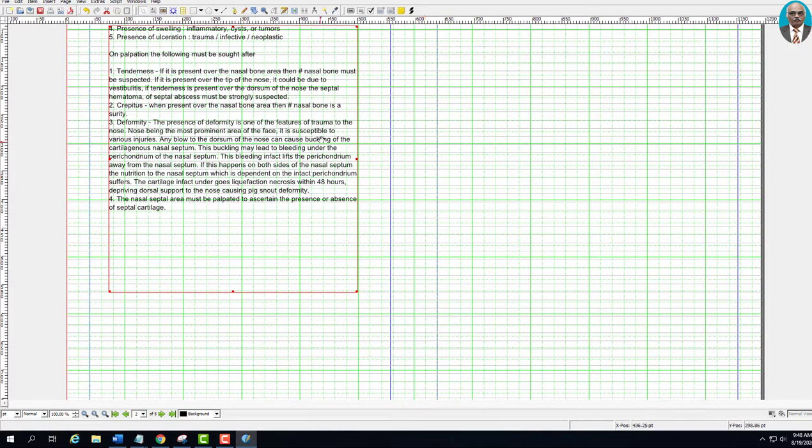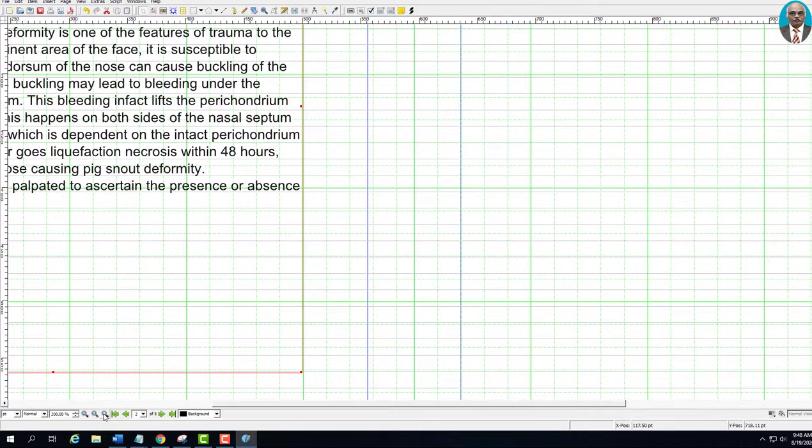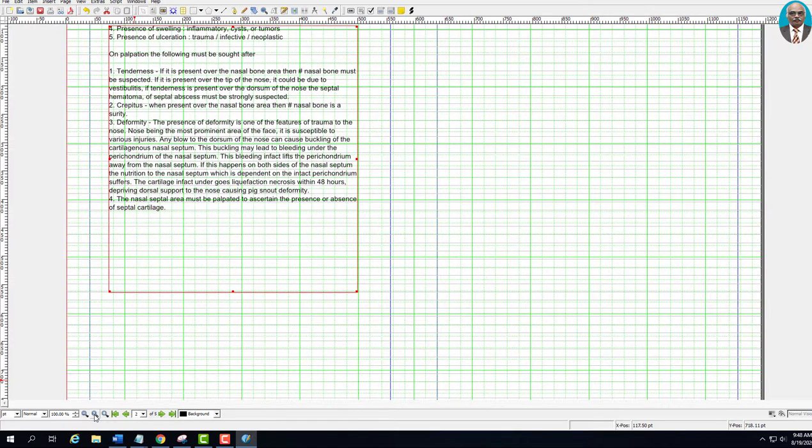Supposing I want to do finer editing inside the text box, or I want to edit the image file within the image frame, so I want to enlarge. All I have to do is click here, it enlarges. Click at one, it becomes 100%. This is one of the ways in which you can play around with the zoom feature inside Scribus.